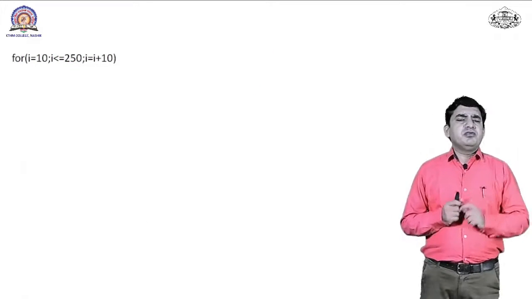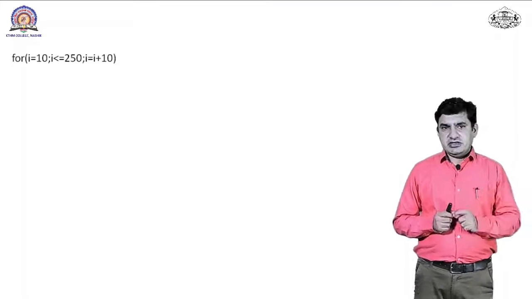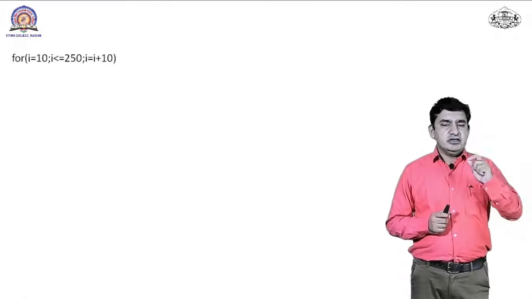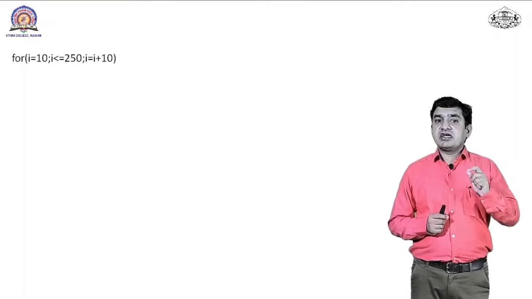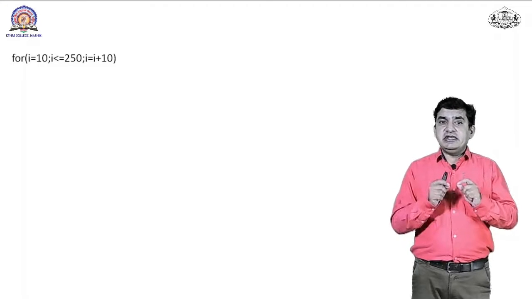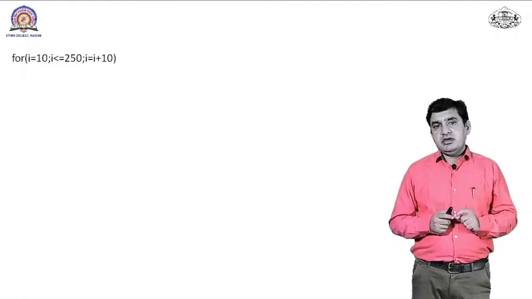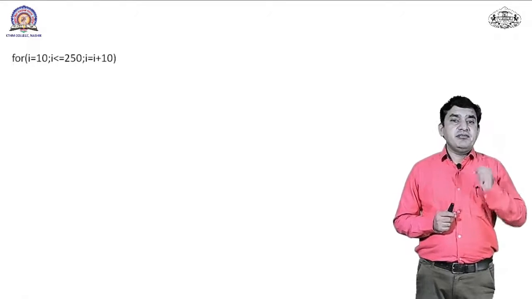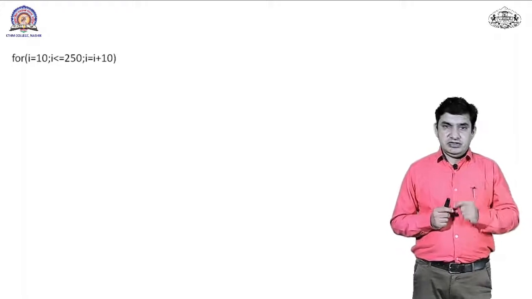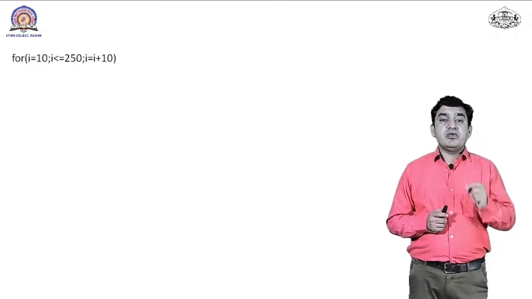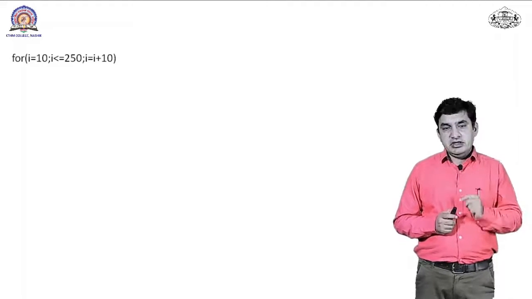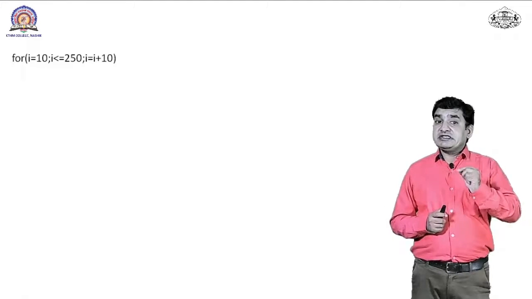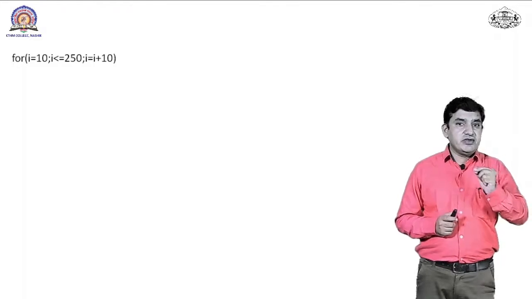We use a for loop. First is initialization, i is equal to 10. This indicates that the radius of the circle at the center is 10. Now i is incremented by 10, so we can write i is equal to i plus 10. It indicates that the radius of the second, concentric circle is 20.